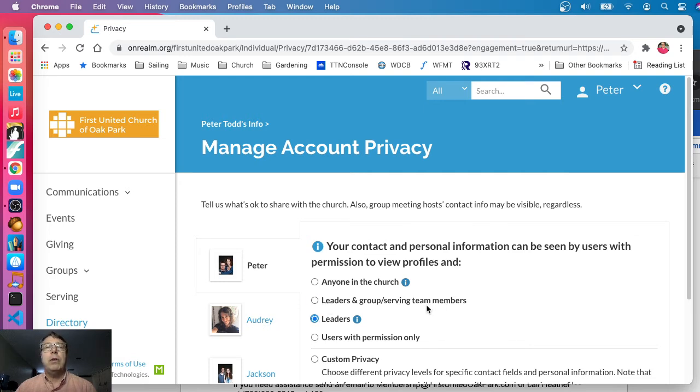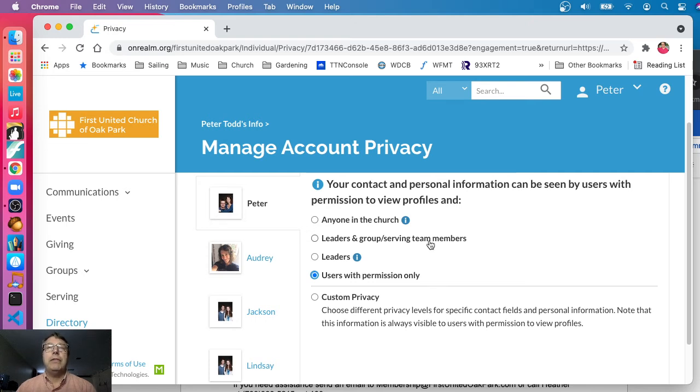If I selected this one, it would just be leaders. And if I selected this one, users with permissions only, that's the pastors and the Realm administrators. So this one is a very small group of people who will be able to see your profile. Those are the four